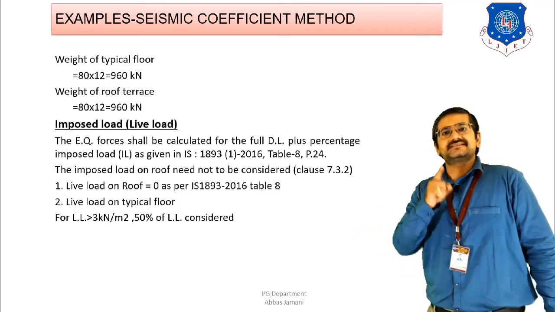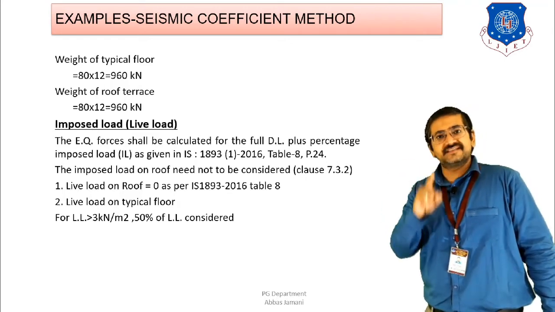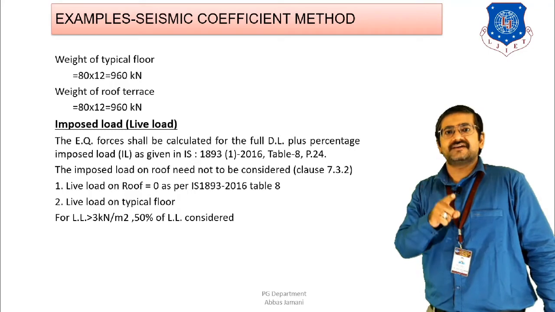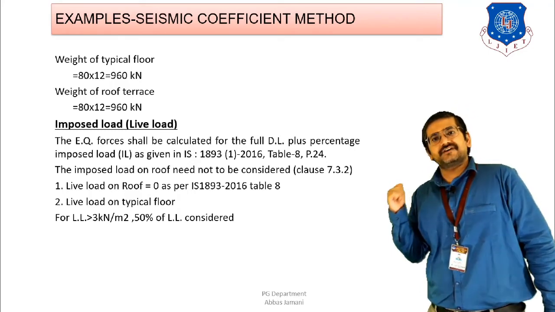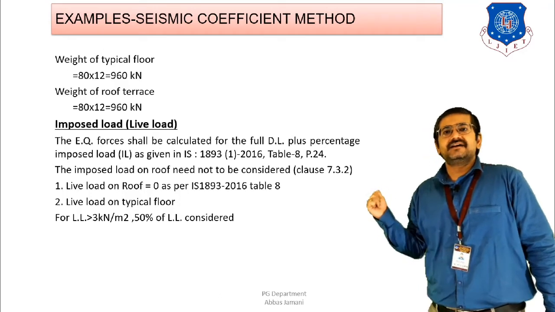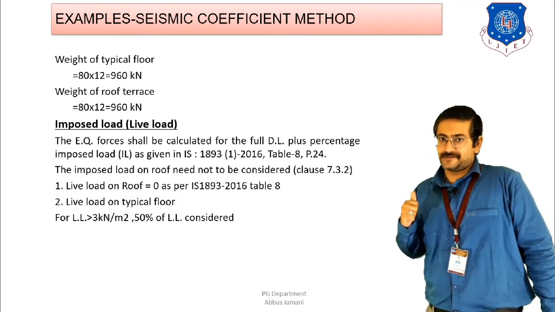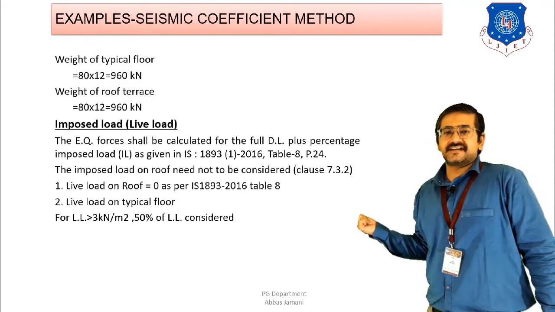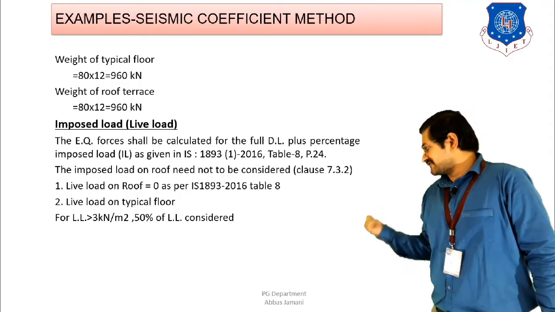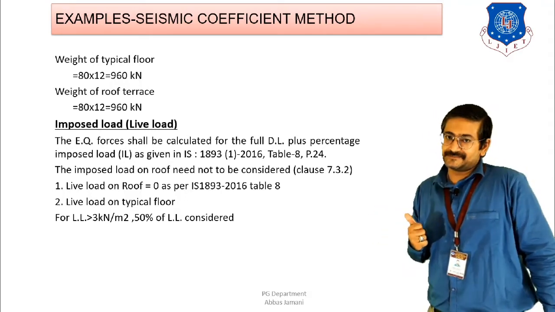In the actual case the live load is always going to be there because the movement of the public is going to be there. So when you design the slab or the beam, there you have to consider both dead load and live load. But for calculation of earthquake forces and seismic weight, the code says that the live load on the roof is not to be considered, right? Then we come to the value of imposed load on the floor level. It is going to be 50%. So 0.5 into 4 is going to be 2 kilonewton per meter square,